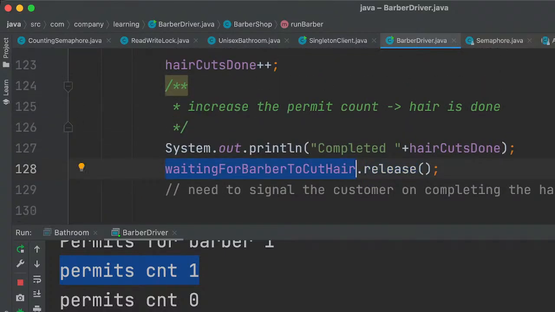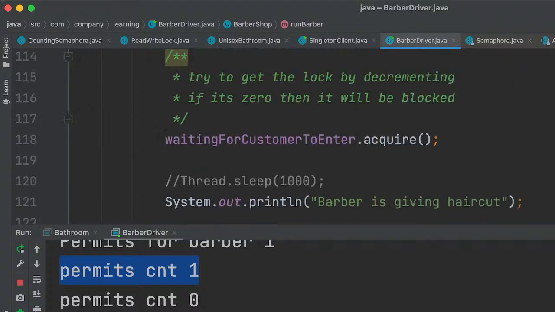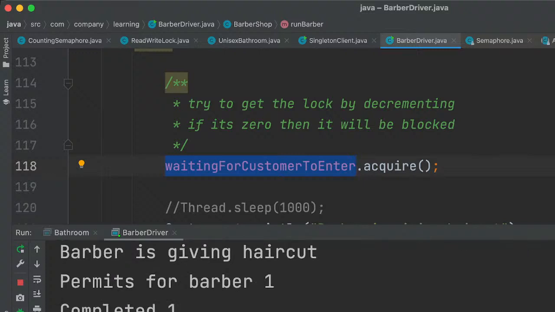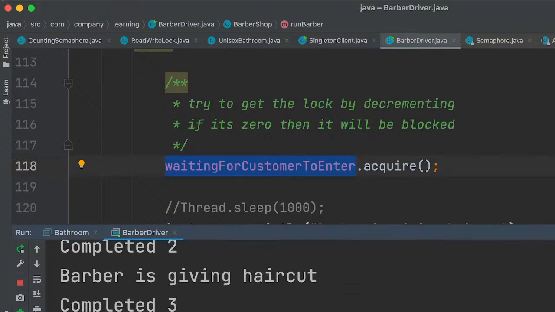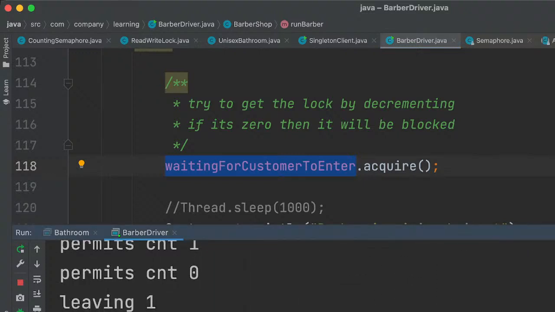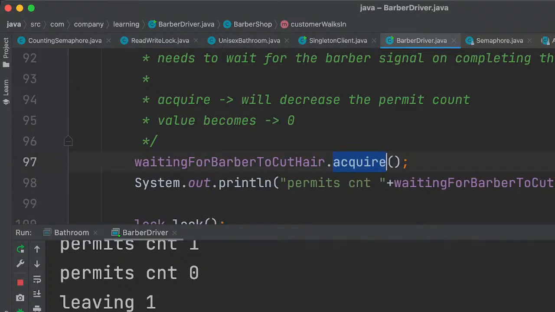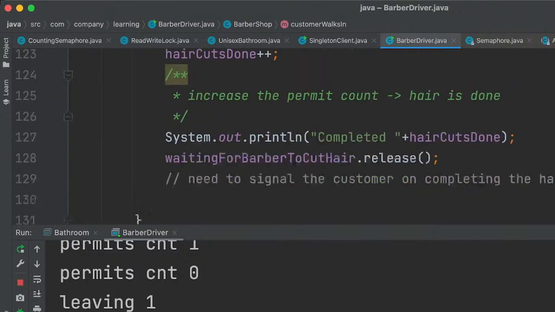In the next iteration, we have all of this, right? So 2 permits, and obviously one thread will acquire and will be releasing the permit.